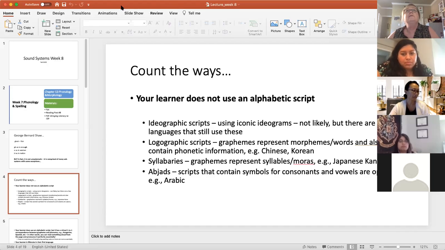ideographic icons. Hold on, someone wants in. Sarah. There you go,